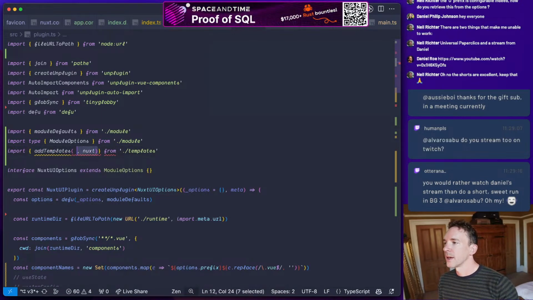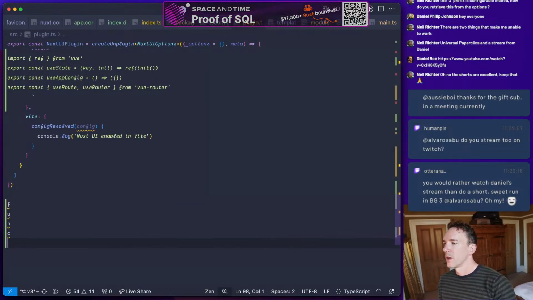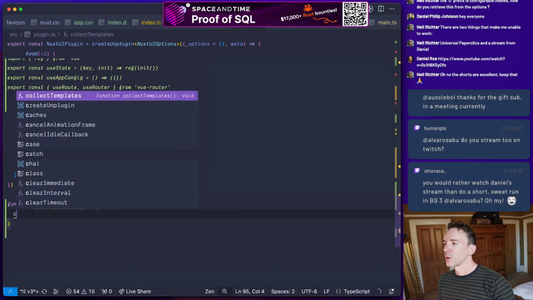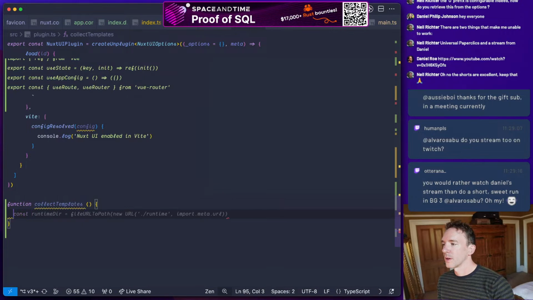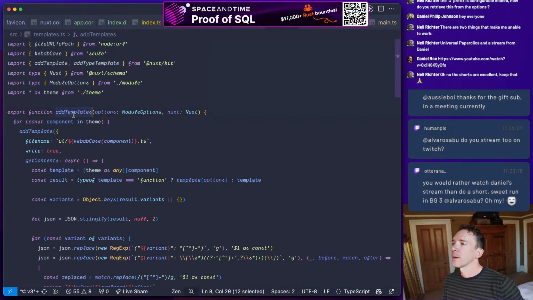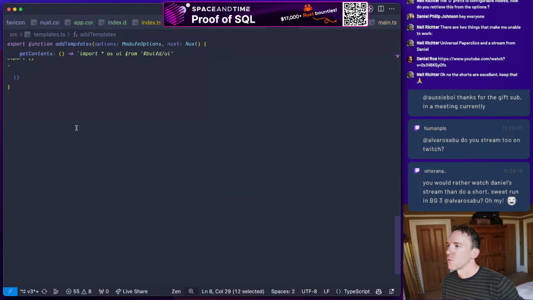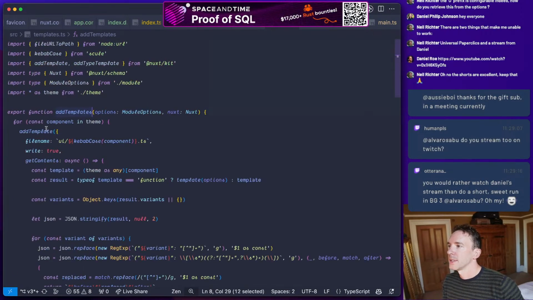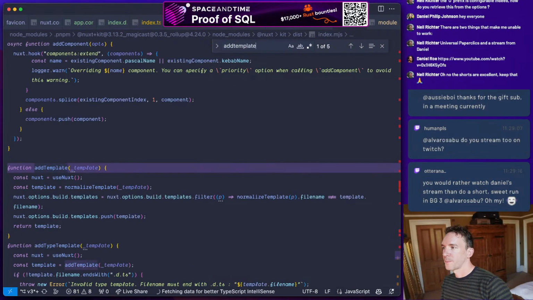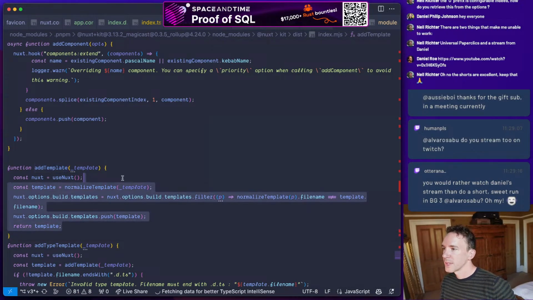So basically we are going to create a function to collect them. So function collect templates, and we're going to call it. Add templates doesn't return anything. I think it just runs. And it has this add template function. The add template function in nuxt-kit is going to do some stuff. It's going to do this basically.